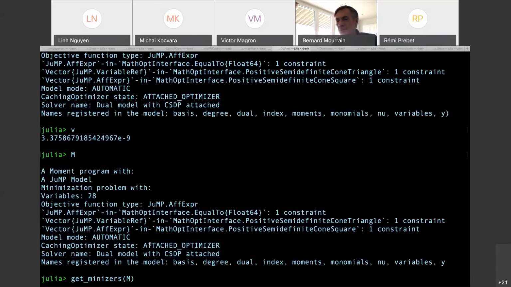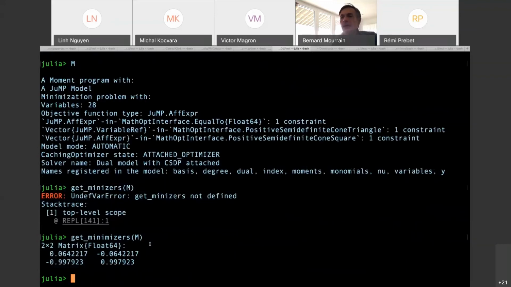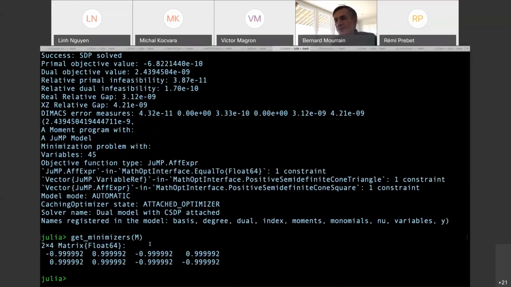So for instance, if we use get minimizers, yes, we get this solution, which is not the one we expect. If we do it at order 4, we get here 4 points, which are the solution of Motzkin, the minimizer of Motzkin polynomial on the disk we were considering.